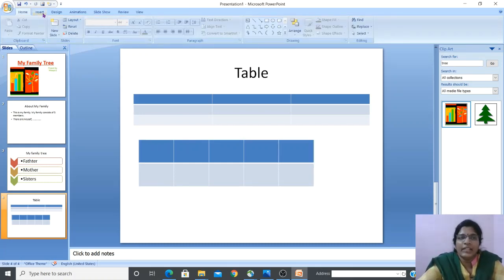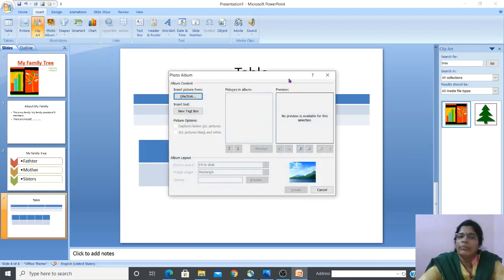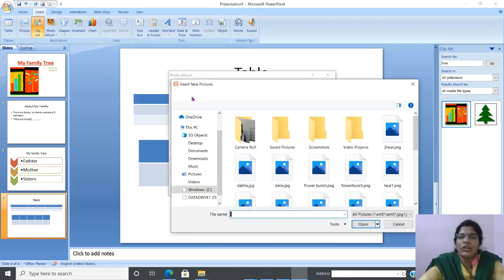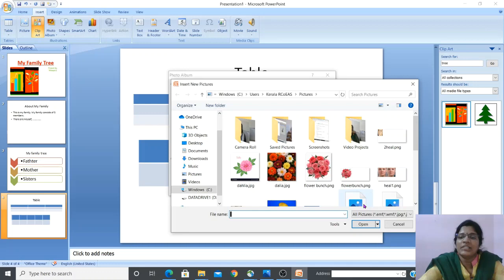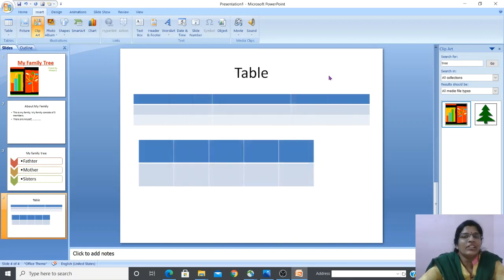These are the things we studied, and we also studied how to create a photo album and add screen clipping. For screen clipping, go to the Insert tab, then the Images group, and here you can see Screenshot. If you click, you can see available windows, then Screen Clipping. For a photo album, click on Photo Album, New Photo Album, a dialog box appears, select the pictures from a file or disk, then click the Open button, and you will get a photo album.